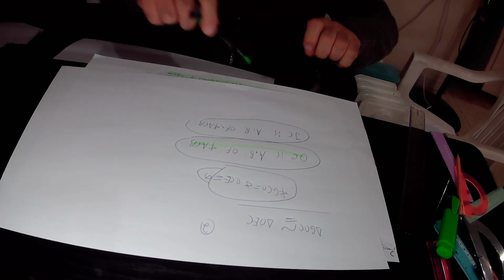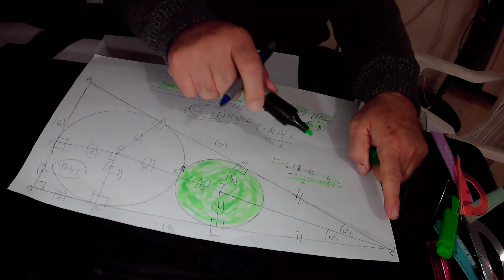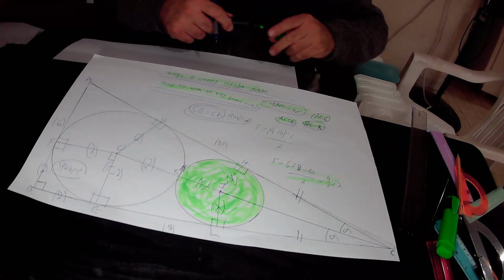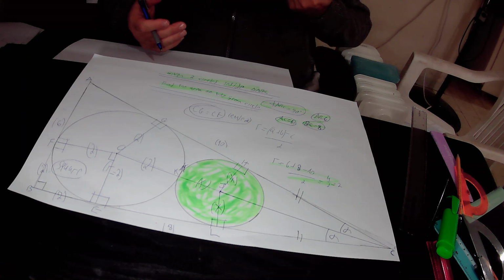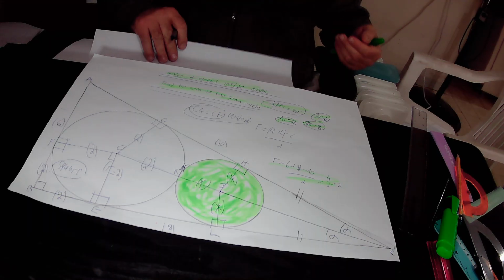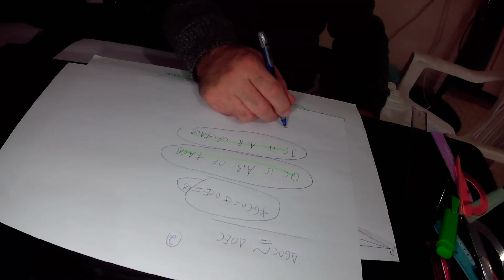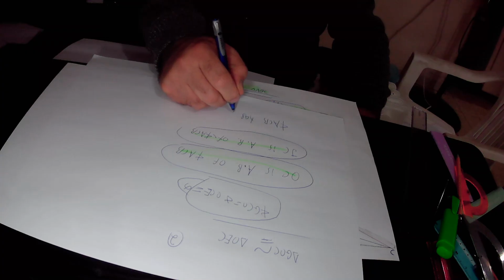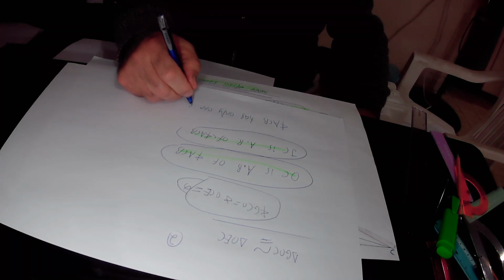And again, we found out that OC is an angle bisector of angle ACB, and JC is also an angle bisector of the same angle ACB. But because angle ACB has only one angle bisector,